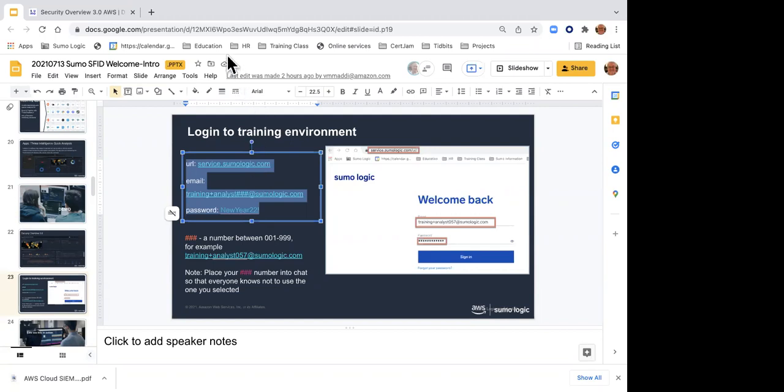Having done that, the next thing I'd like you to do is pick a 3-digit number, anywhere from 001 to 999. Pick whatever 3-digit number you like. For example, some of you have always wanted to be 007. Well, here's your chance. I'd like you to type it in the chat box so we can keep track and make sure there's not a serious amount of duplication.